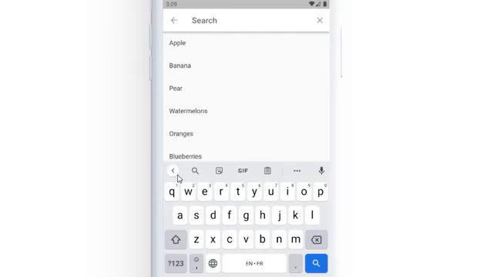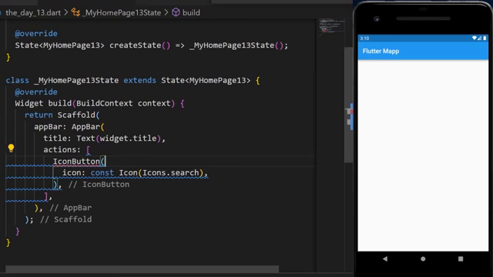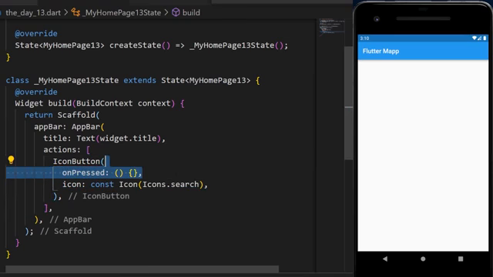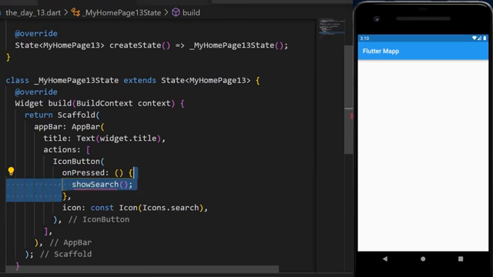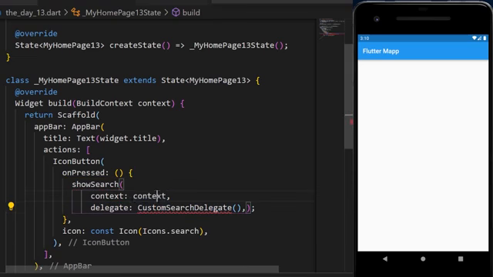In this video, you will learn how to create a search bar within Flutter. We start by adding an IconButton inside the AppBar. The icon will be Icons.search. We have the onPressed that triggers showSearch. Inside showSearch, we have the context and we have the delegate, which is a custom search delegate that